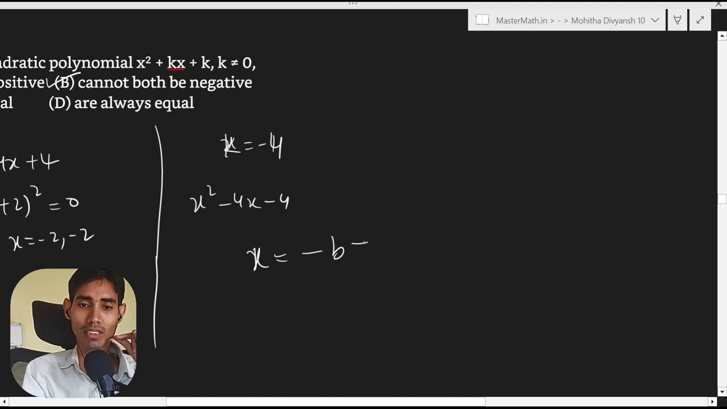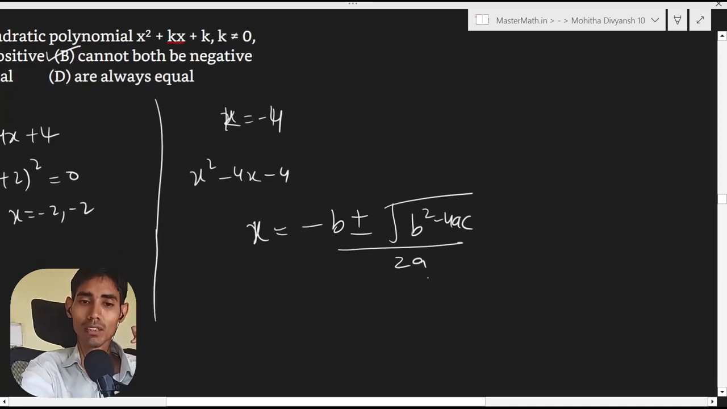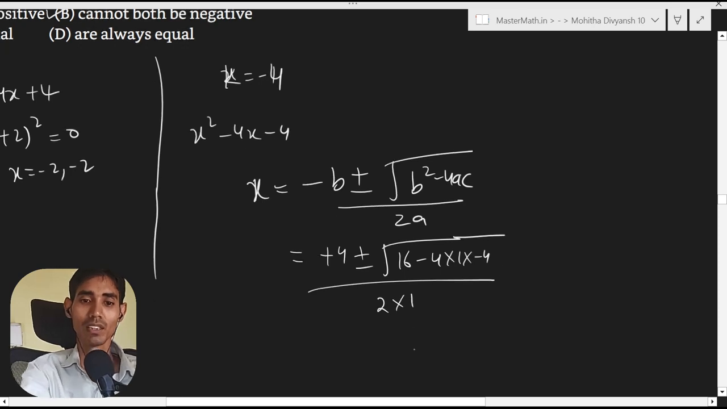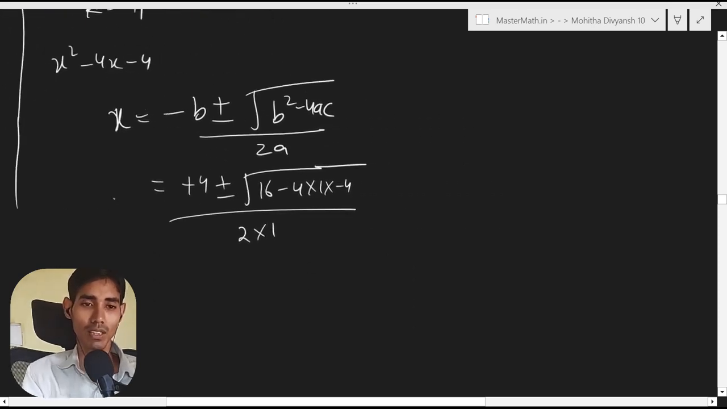So x is found by minus b plus minus root of b square minus 4ac. All these are the coefficients of the quadratic form. So minus b is minus of minus 4, which is positive 4, plus minus root of b square, which is 16, minus 4 into a into c, 4 into 1 into minus 4. If anything is not making sense, that's okay, but just beware of the final options. So we get x value as